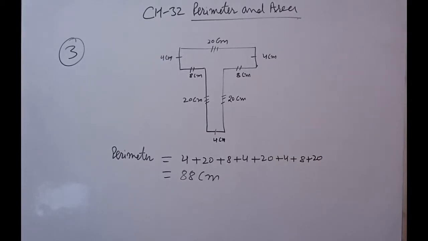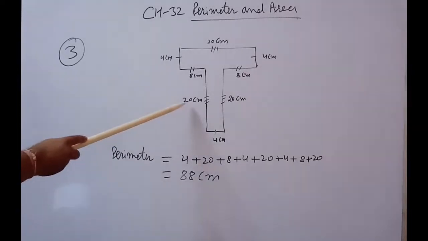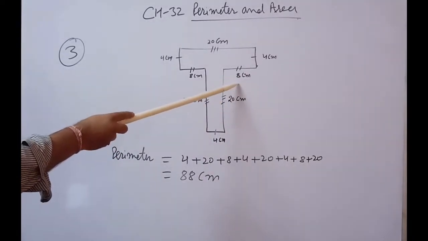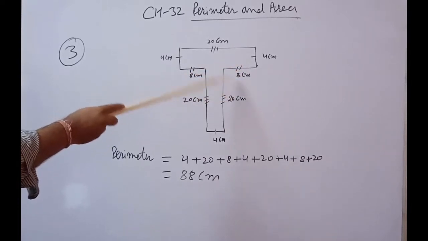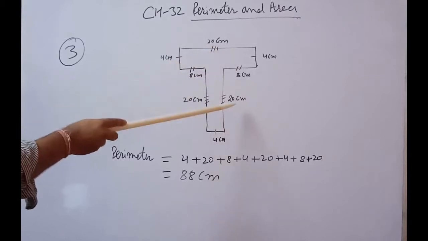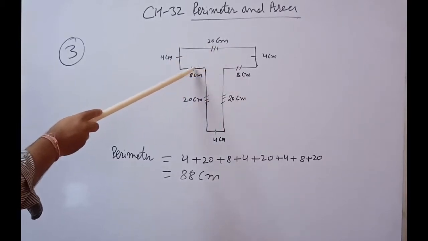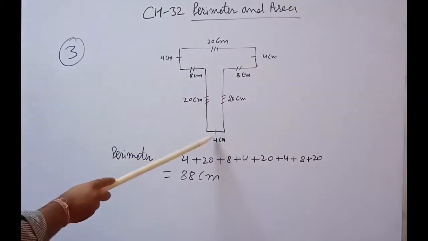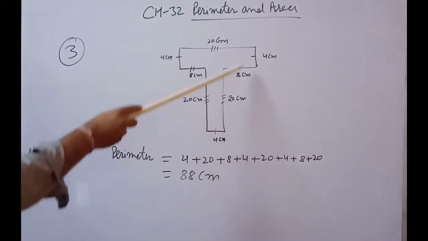Children, I am taking question number 3, exercise 32A. Here, question number 3, second part I am going to take. The figure you can see, and I complete all the dimensions. This is 20 given, this is 8 and it is 4. So 3 marks here, 3 marks here, 3 marks here, that means 3 sides are equal. 2 marks here, 2 marks here, that means these 2 sides are equal. 1 mark here, 1 mark here and 1 mark here, that is 4 centimeter. So these are 3 equal.